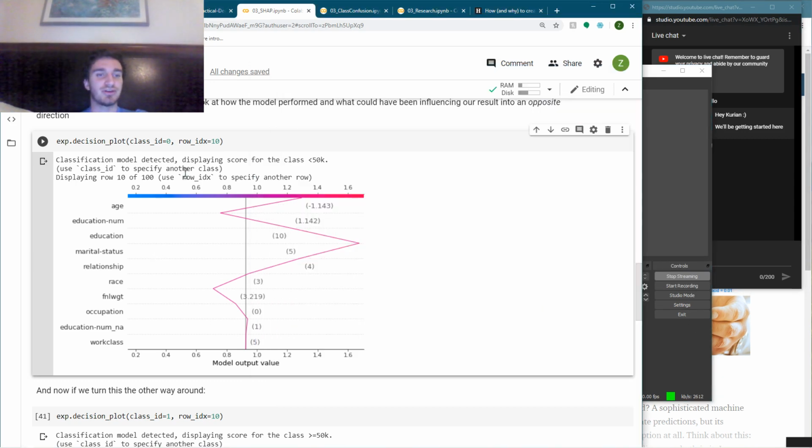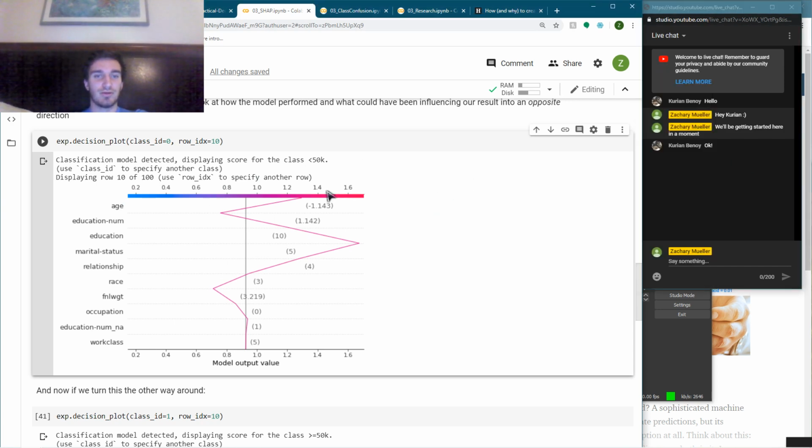Cool. If we want to use a different class, I could specify class ID as 1, which we'll see in a moment. And it'll tell us what row we're looking at. So here I can see that I'm looking at what affects the negative 50K. And from left to right, we can read it as the more in the red we are, the more we are tuned for less than 50K. The more blue we are, the more inclined we are to greater than or equal to $50,000. And so we can see how each of these values sort of drew our model